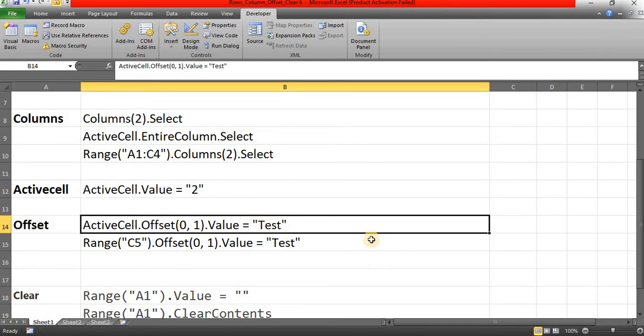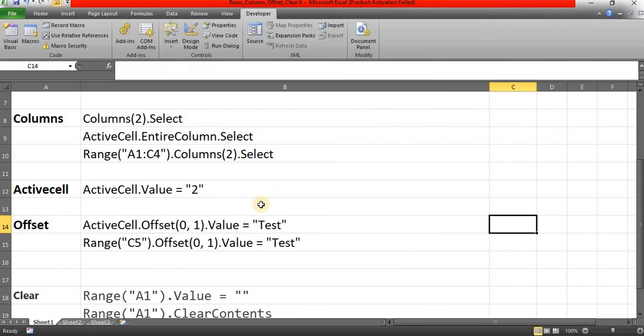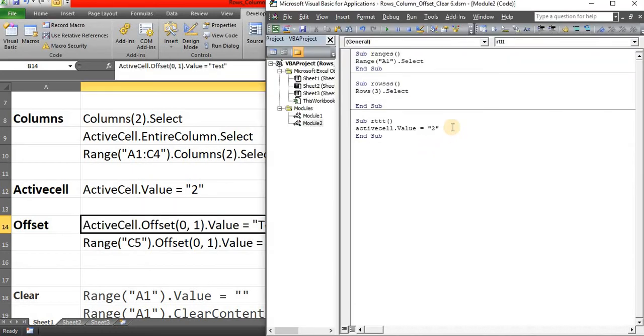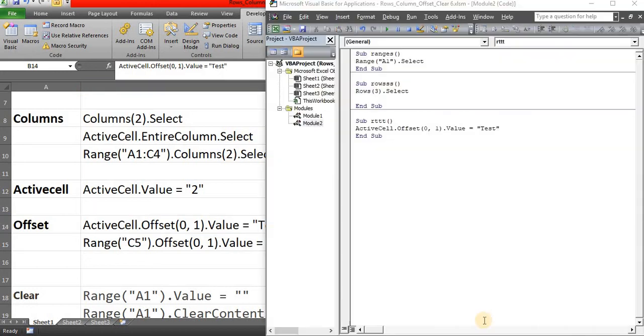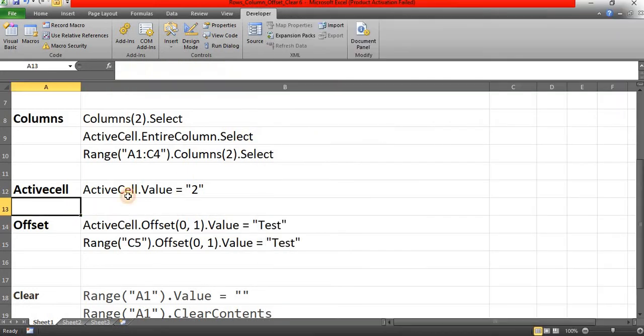Then offset. This is one of the very useful functions. Active cell dot offset 0, 1. Here the 0 is referring to the row number and 1 is for columns, which means the currently active cell is range A13.